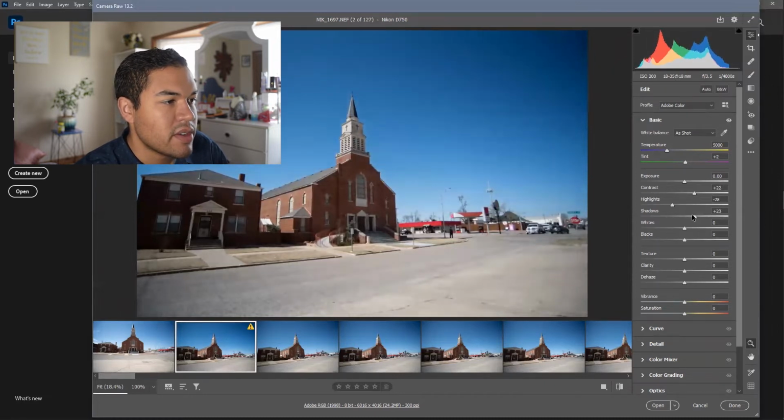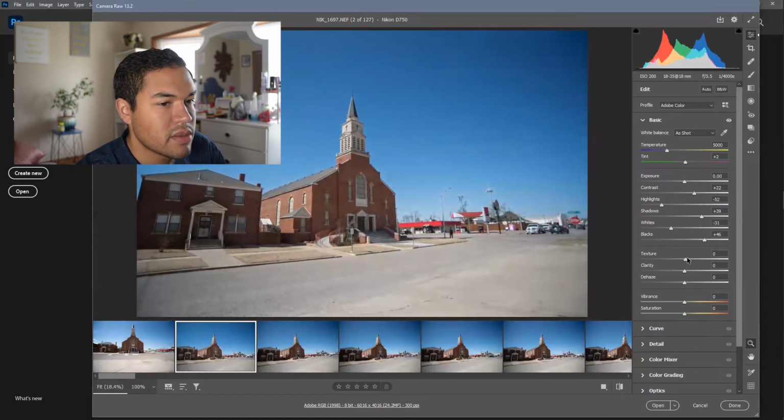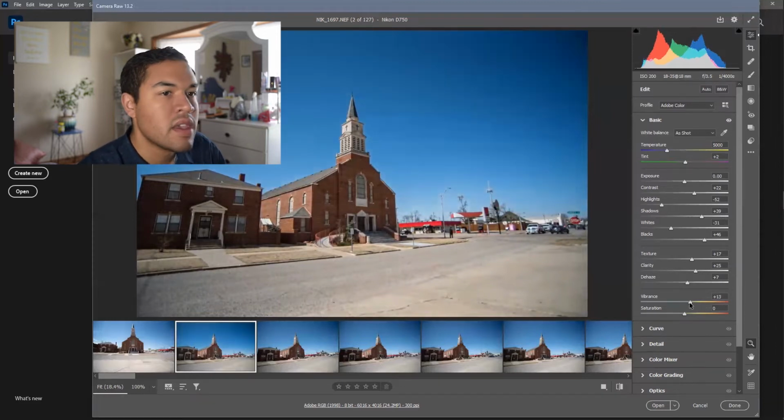Play around with your shadows. I'm gonna actually increase those. Normally I would decrease those, but I wanna see that front of the building. Let's take these whites down just a bit and same thing on the black. I think I'm gonna drop my highlights even more. I'm gonna add some texture and some clarity and dehaze, a little too much. And then we're gonna throw in some vibrance. And then there is a little bit of